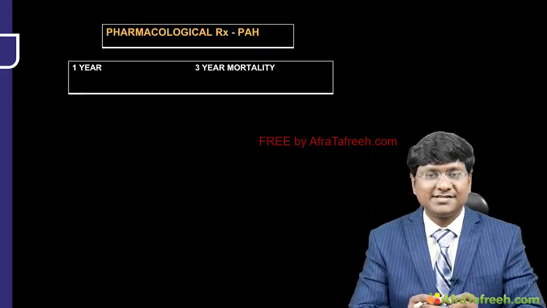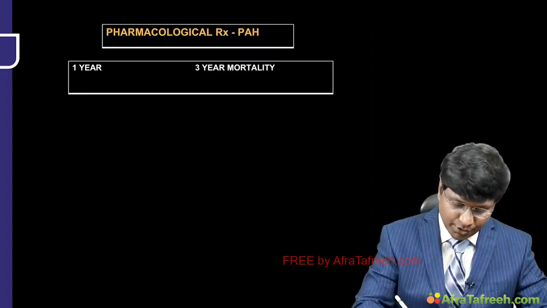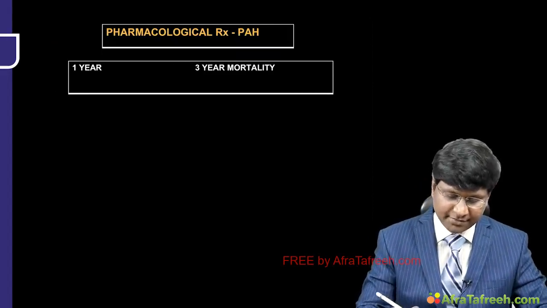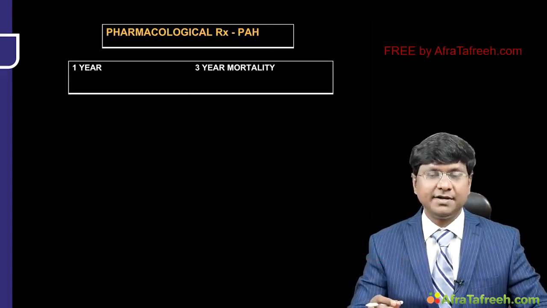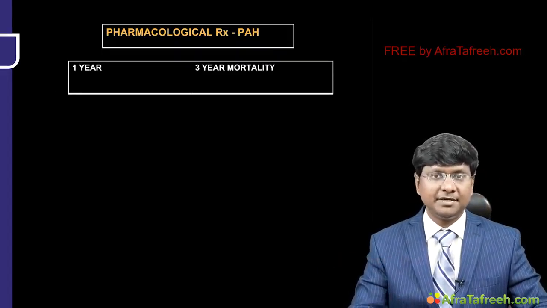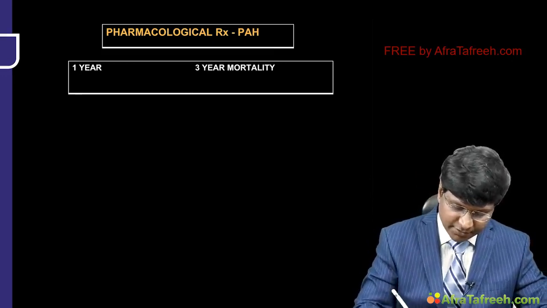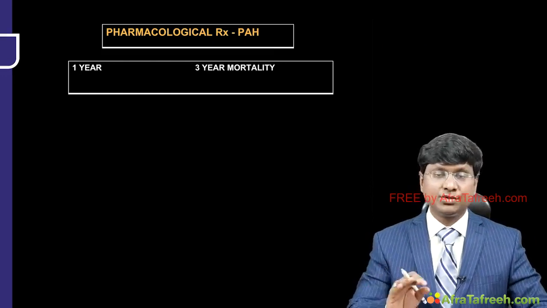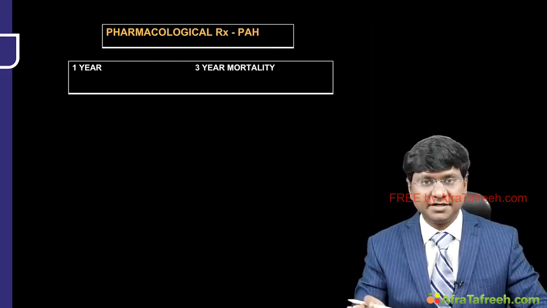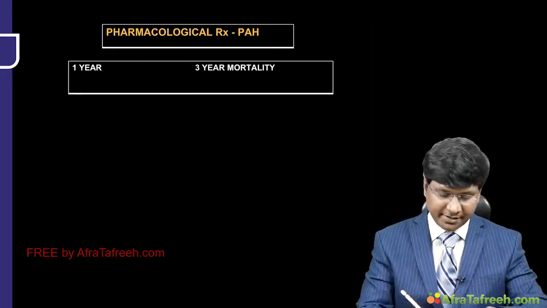So now let me discuss the treatment of pulmonary arterial hypertension. You have the pharmacological treatment, that is one important, and the other one is surgical treatment. But surgical treatment is mainly for chronic thromboembolic pulmonary hypertension. So with the advent of the pharmacological treatment, the mortality has grossly reduced in patients with pulmonary arterial hypertension. Before the advent of this pharmacological treatment,